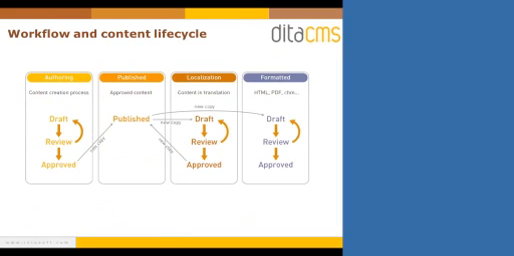So we have different cycles, which you see here in those big boxes. There's one called authoring, published, localization, and formatted. Localization and formatted are optional. The core ones are the authoring and the publish. Basically, authoring is where the content is created, where you work on it, where it gets reviewed until it reaches